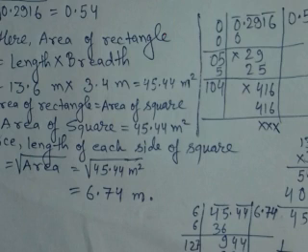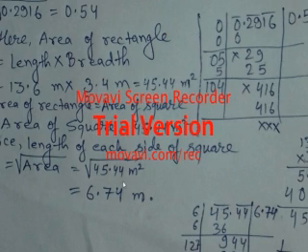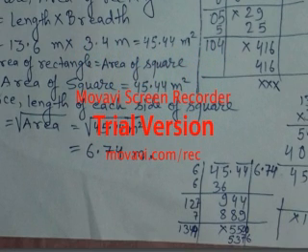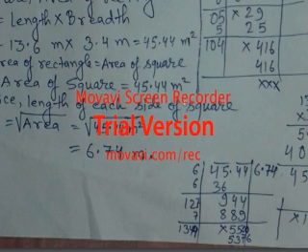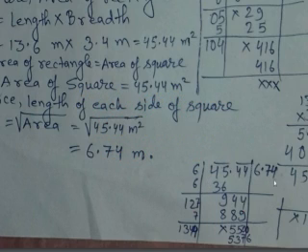Then what happens? The length of each side of a square is equal to root under area. We know the length of each side of a square is equal to root under area. Okay, so I had done root under 45.44, actually there should be 46.44, so there has been a mistake. You will make that correct. So if you keep 46, then also you have to divide by 6 only. 6 6s are 36 only, because 7 7s are 49, it will become bigger.